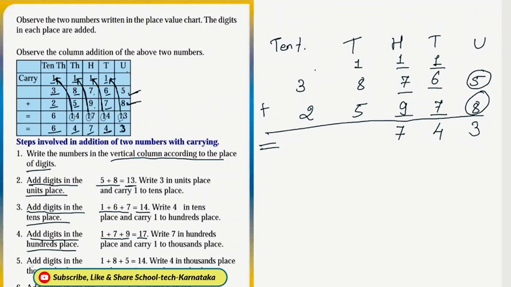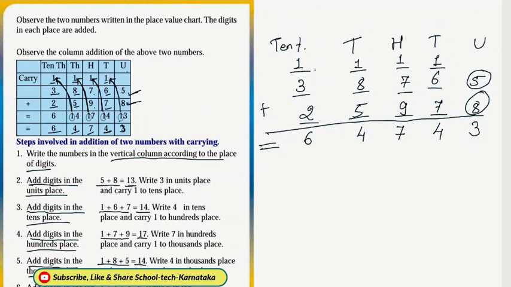The next step is to add the digits in the thousands place. At thousands place we have 1, 8 and 5. So 1 plus 8 plus 5 is equal to 14. We write 4 at thousands place and carry 1 to 10,000s place. The next step is to add the digits in the 10,000s place. At 10,000s place we have 1, 3 and 2. So 1 plus 3 plus 2 is 6. So we write 6 at